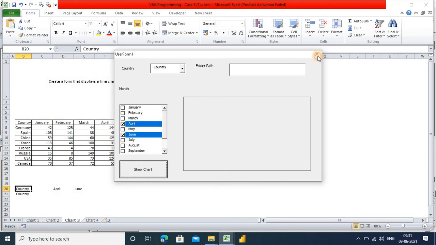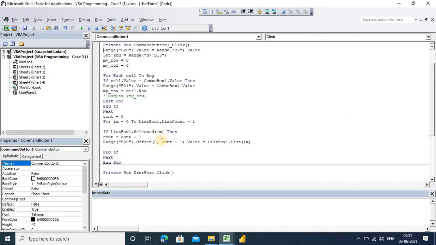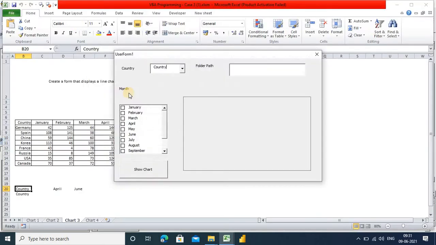So we'll have to remove that plus 1 here. Now let's see what will happen. April, June, you can see. If I select August, December, then it will show December. Okay, so now we are successfully getting the column number.